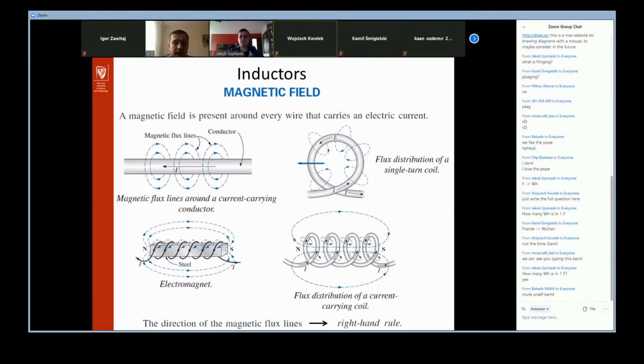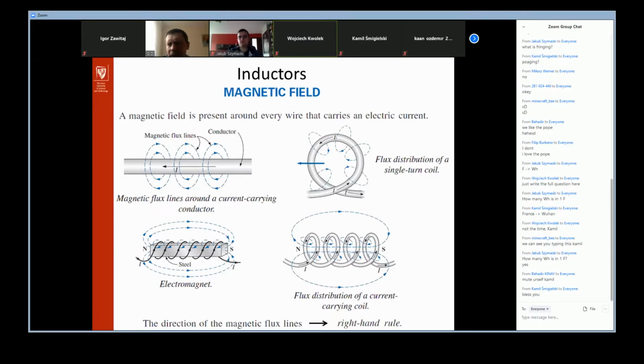Great. What else? I think everybody knows that the magnetic field is produced due to current flow. So if you have just a straight wire and we observe the current flow, the magnetic flux lines will appear around this wire. According to the right-hand rule, how it looks like,